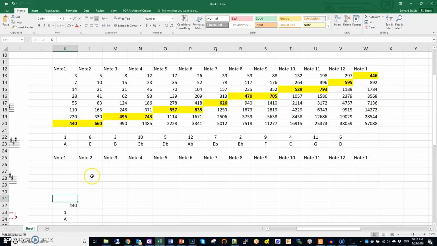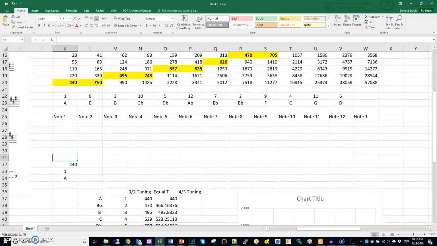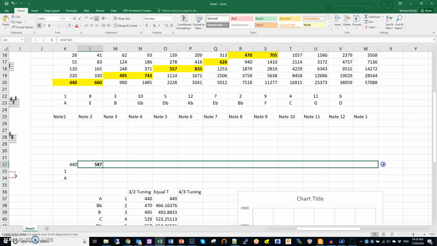Notice that note number 2 here is not going to be the same. Instead of times 1.5, it's going to be times 4/3. So I'm just going to use a little bit of a formula here. It's equal to this times 4/3 right there. And I'm just going to push this out all the way to the end